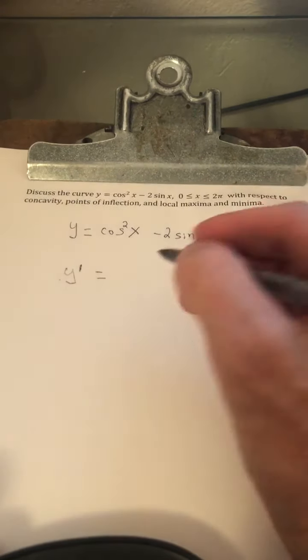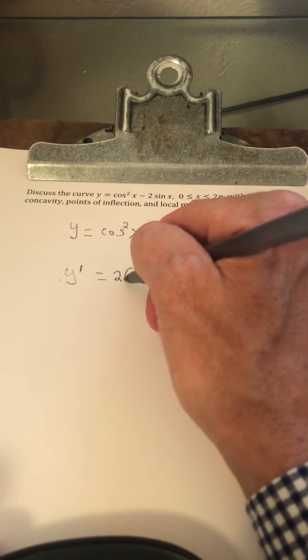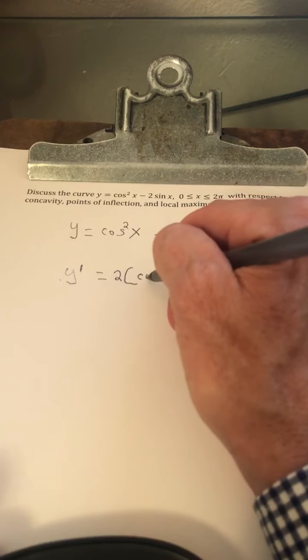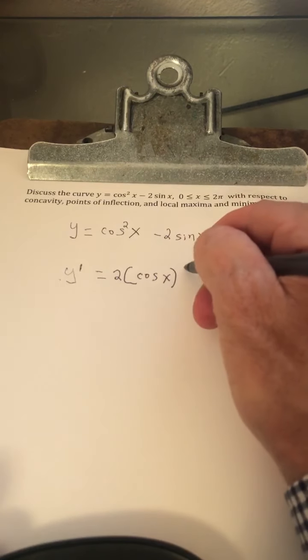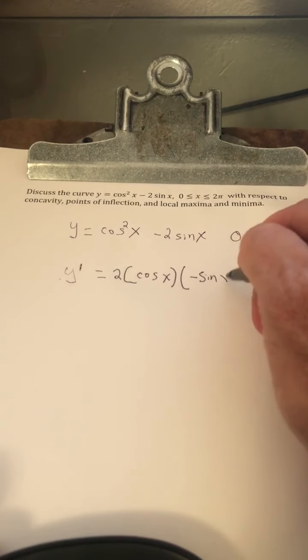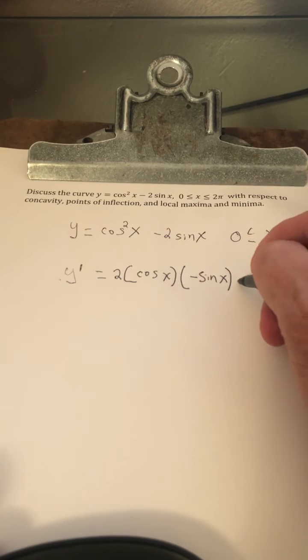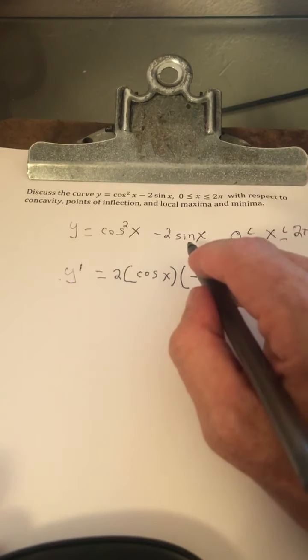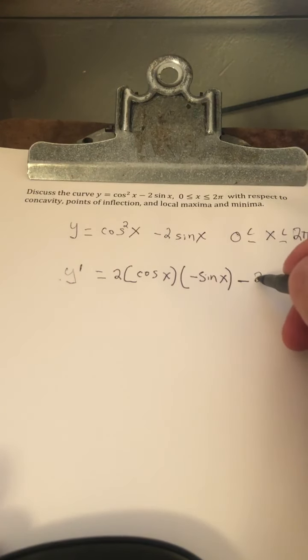The derivative of cosine squared of x: the outside function is the square function, so we have 2 times cosine of x times negative sine of x. And then the derivative of sine is cosine, so we have minus 2 times